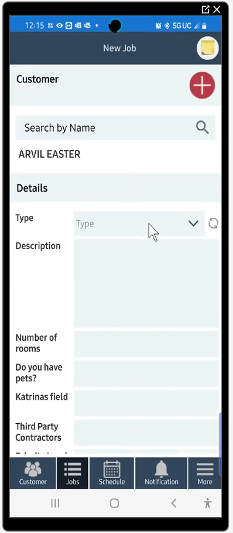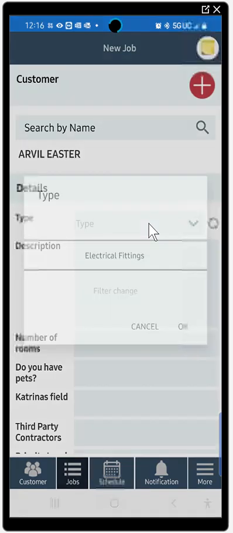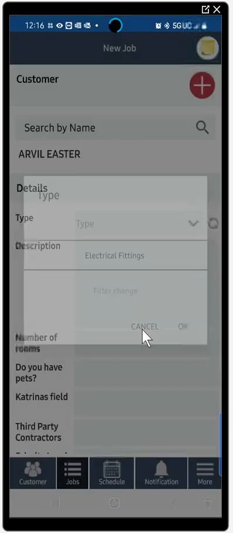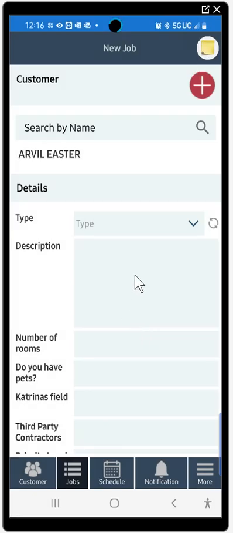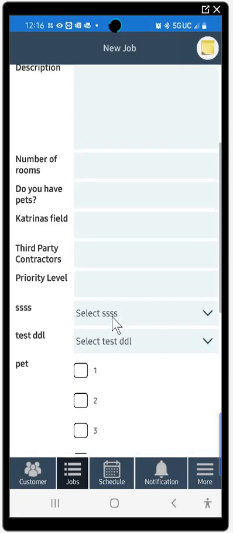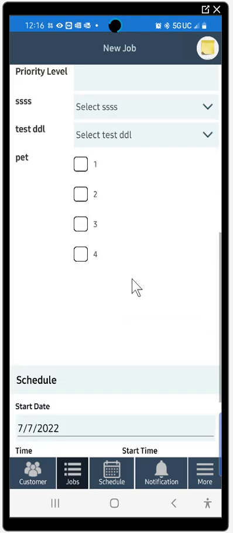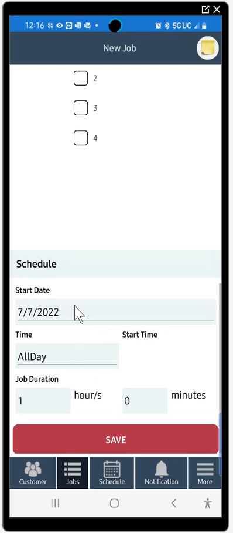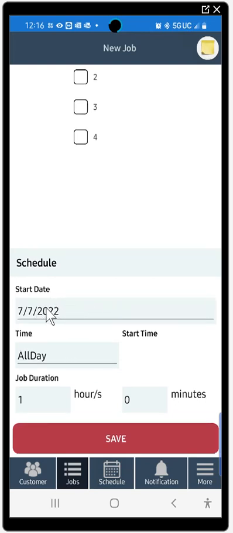In job type, this is going to be probably your one-time, two-time, three-time things. You'll pop up and you'll pick that from here. Again, mine is a little bit different. And then you can put in the description. Ignore those fields of mine. So here is the day that you want to schedule them. If you click on this,